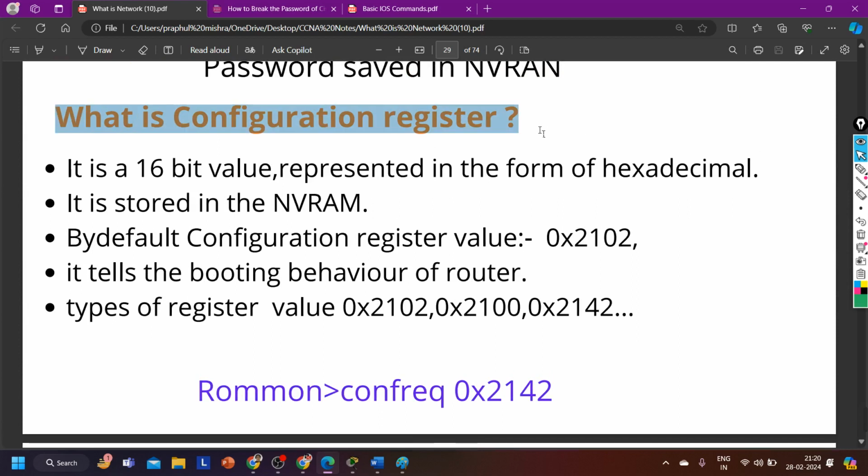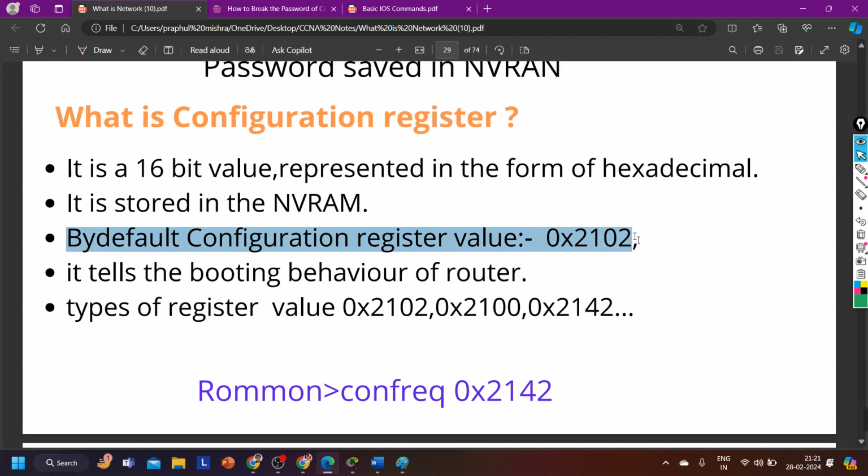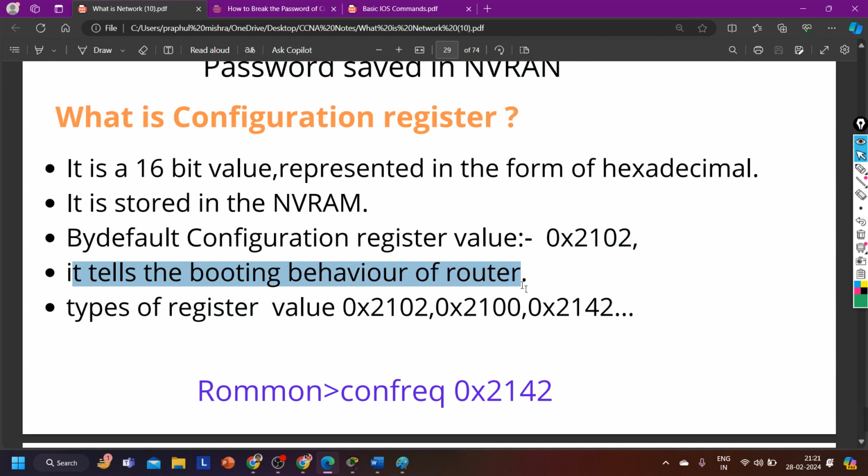Then the configuration register value. So what is the configuration register? It is a 16-bit value represented in hexadecimal, stored in NVRAM. By default the configuration register value is 0x2102. It tells the booting behavior of the router